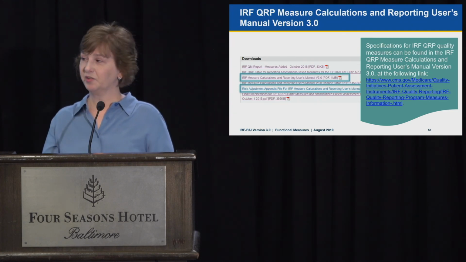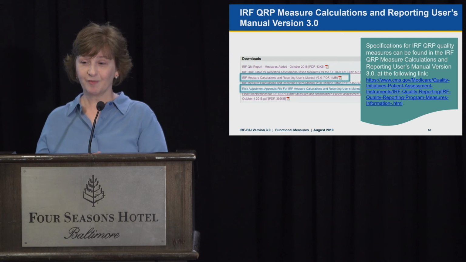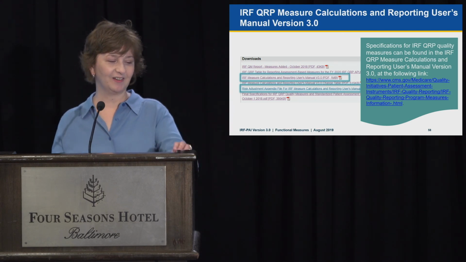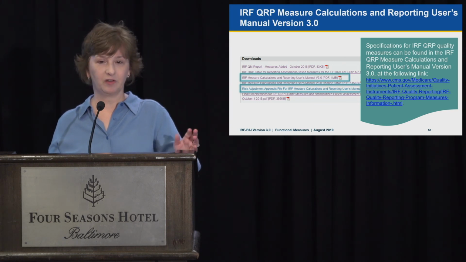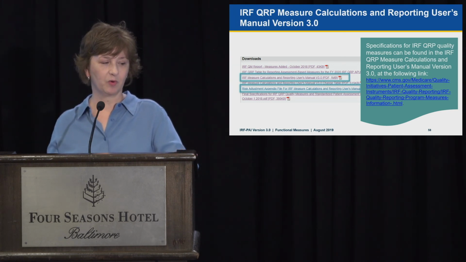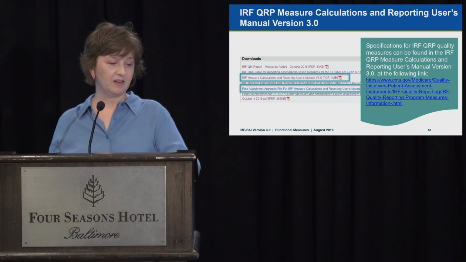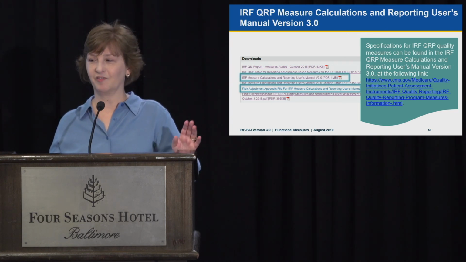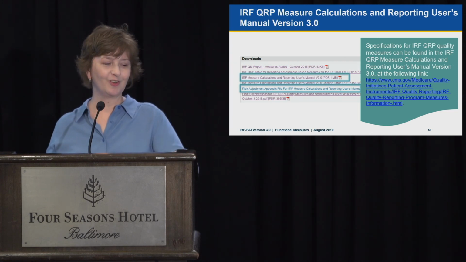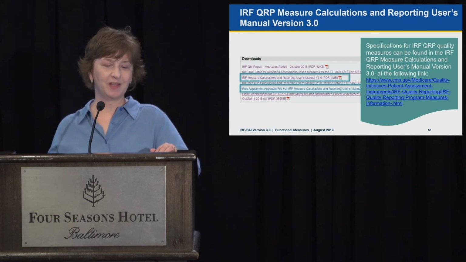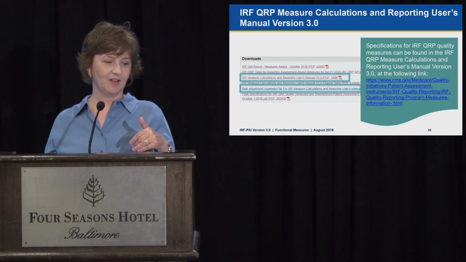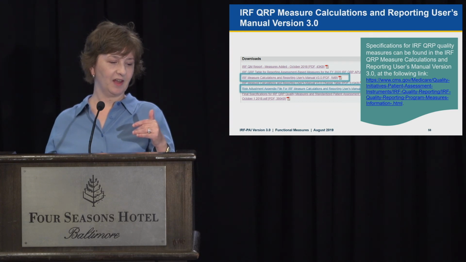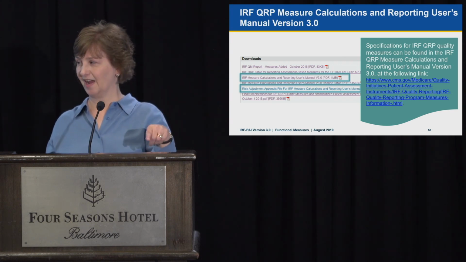So I did want to tell you a little bit about where to find this document that I've referred to, if you're really interested in looking at this material. The IRF Quality Reporting Program, QRP, Measure Calculations and Reporting Users Manual is available on the website. If you Google, or use whatever search engine you use, IRF QRP, and land on that page, on the left side you have all the different options. So you would go to the IRF Quality Reporting Program Measures Information tab, and that's where